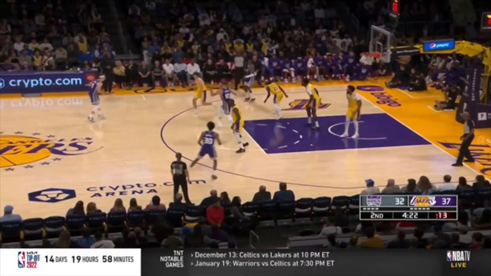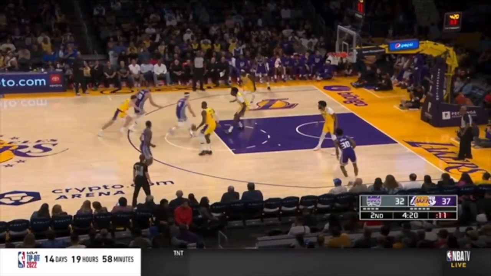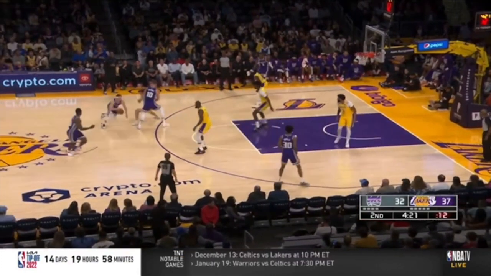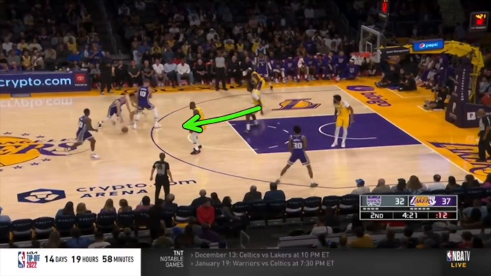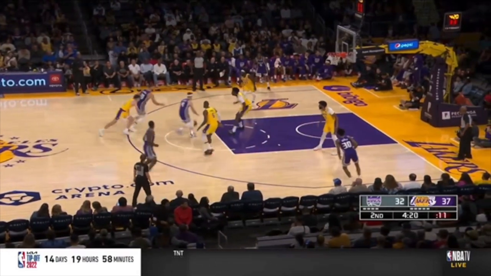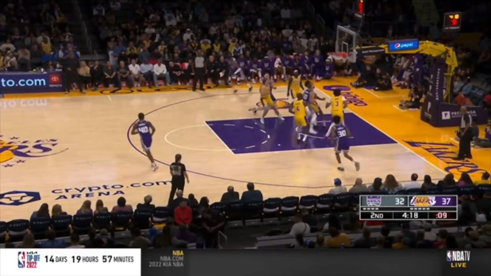Drop coverage is atrocious. You just give this guard the lane. I mean, how open can this possibly be? So let's back it up. If you're Anthony Davis, get up, hedge, push this ball handler out this way. The second he hesitates, picks up his dribble, brings his dribble back, which is going to be fast, I can recover. In the meantime, I need backside help here, but again, I'm going to be able to bump you back quickly. But nope, you're just giving up the lane, and I'm wide open.